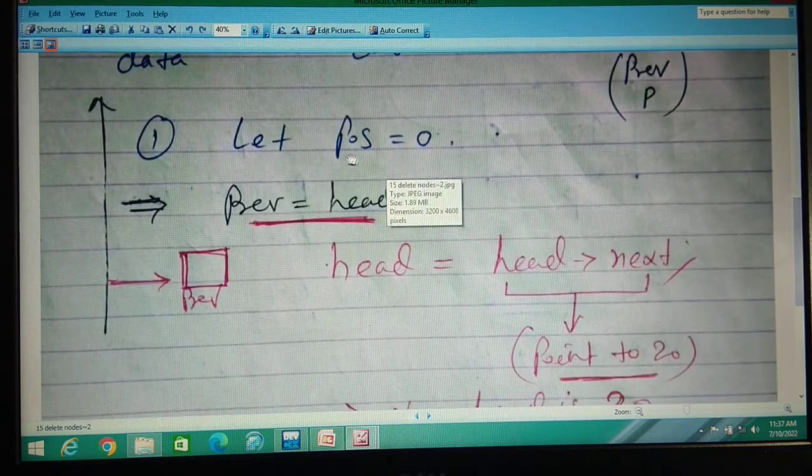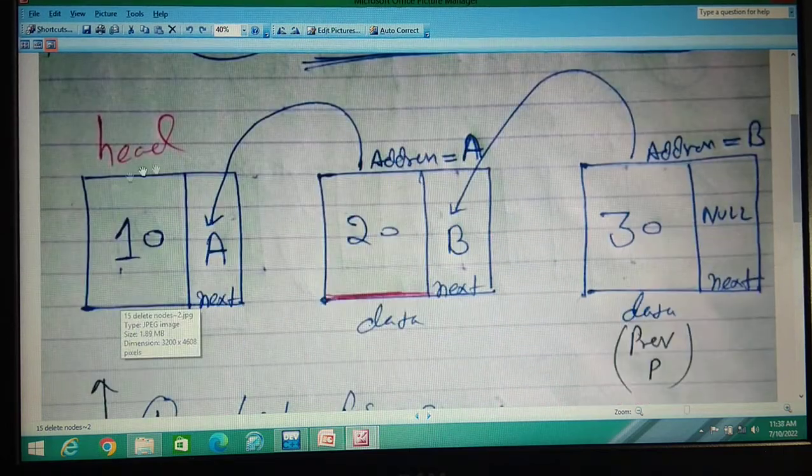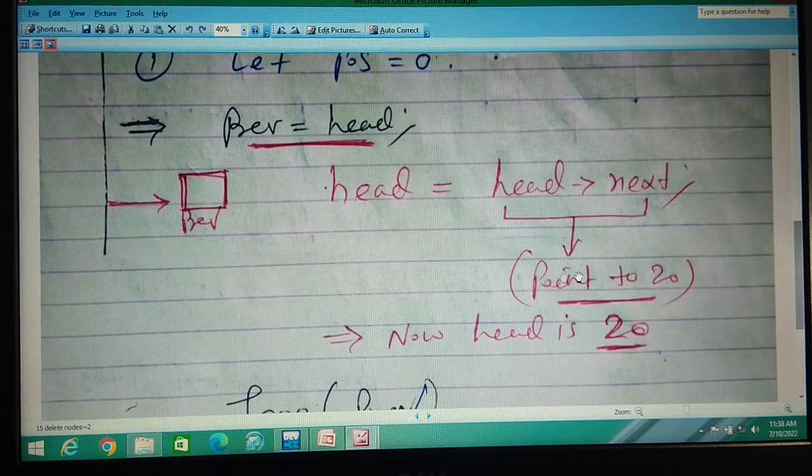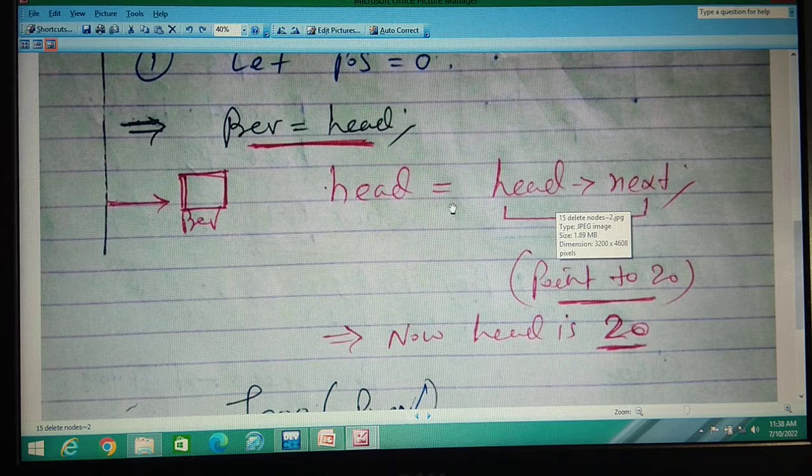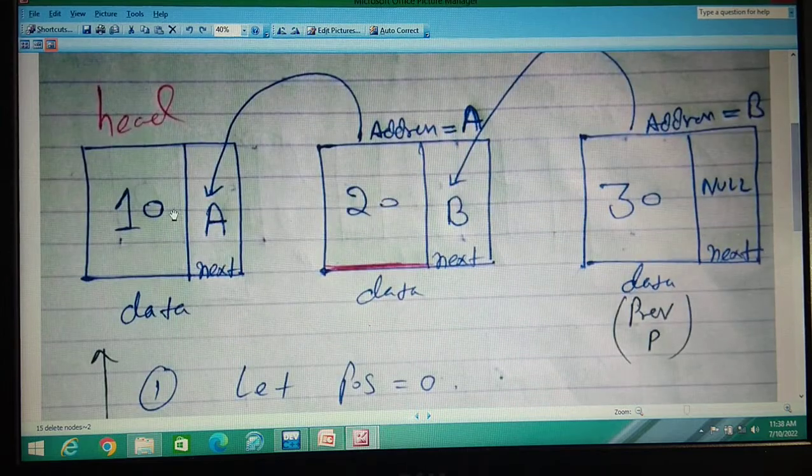So at first, if your position is 0, meaning the user wants to free this one, meaning delete this 10, in this condition you have to write head is equal to head dot next. Your compiler works from right to left. We are saying head dot next is head. What is head?